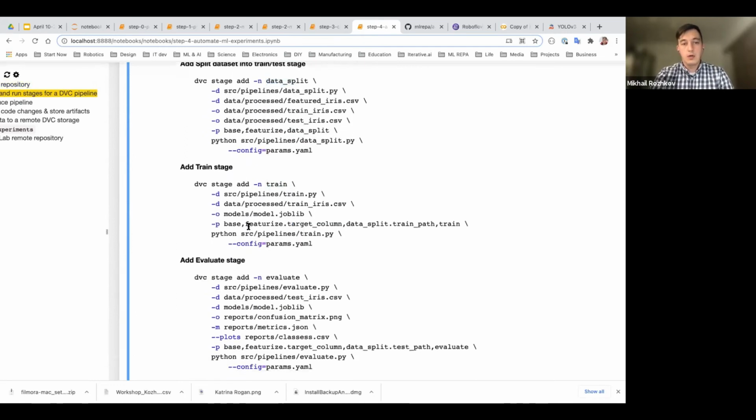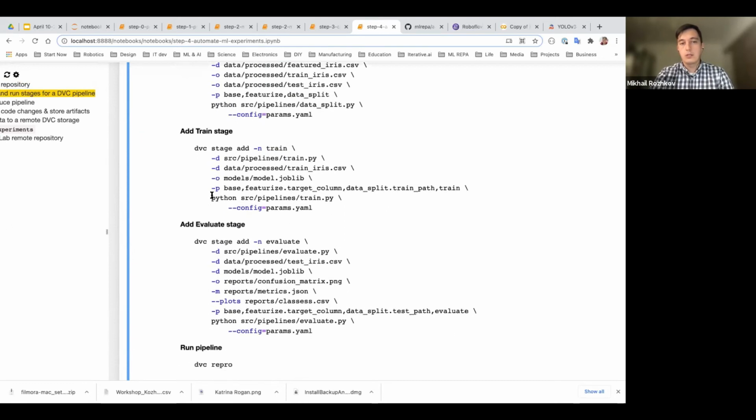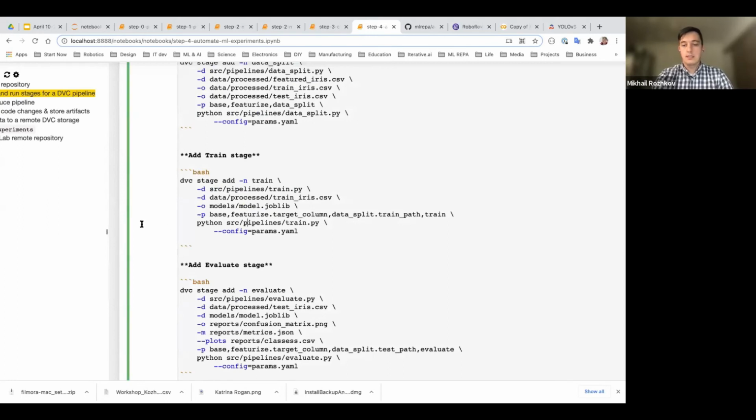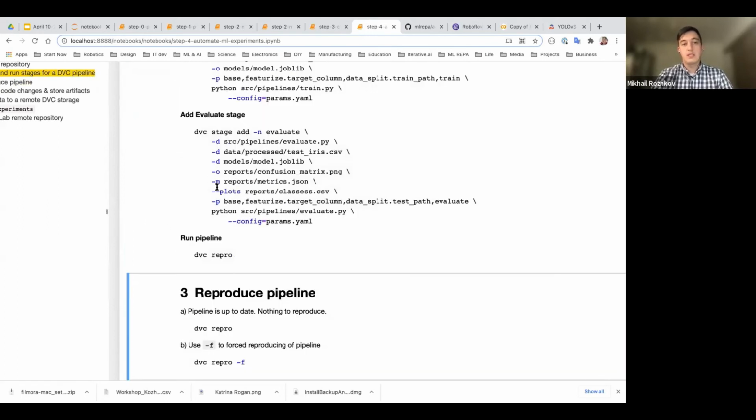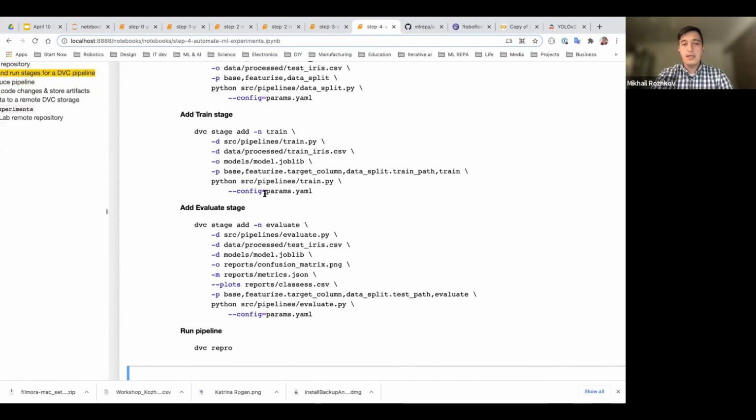And for all of these stages, the first thing we should take care of is the command we need to run. We call our pipeline models and pass our params.yaml file as a configuration file, and also specify dependencies and outputs, and specify the parameters. -p is the key that DVC uses to specify parameters, and